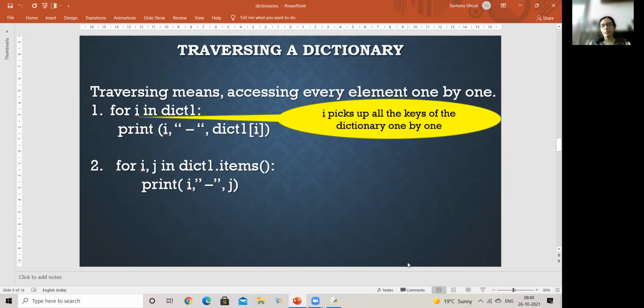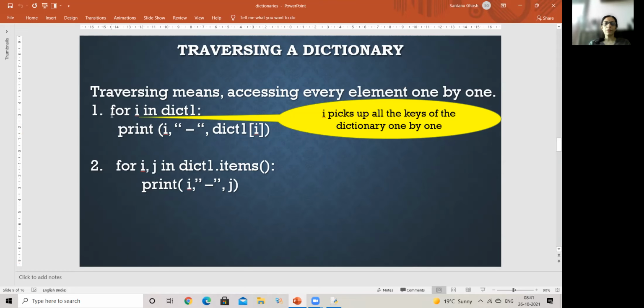Now, what do I need to access my elements in the dictionary? I need the keys, right? Basically the keys. But supposing while traversing, I want to pick up the key and the value combination both. In that case, how do I do it? Here I show you two methods that will help you access every element of the dictionary one by one.